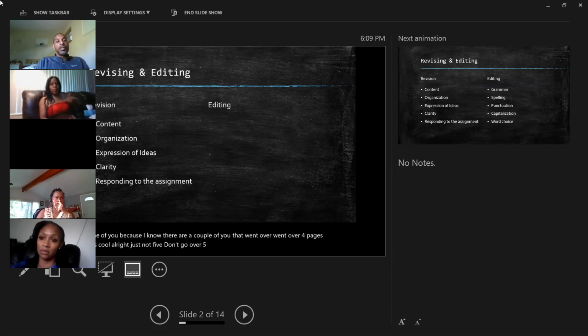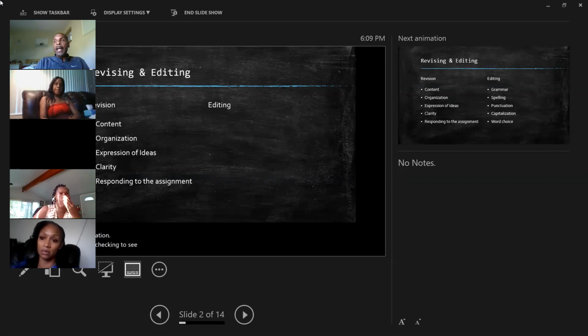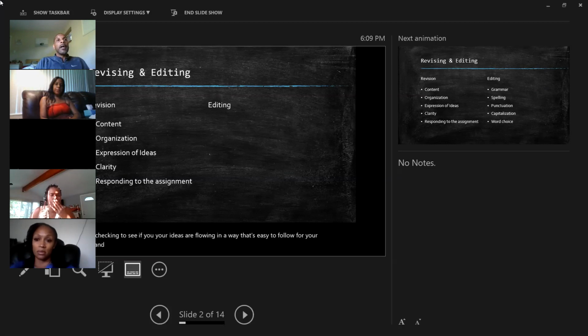And then you're checking for organization. Checking to see if your ideas are flowing in a way that's easy to follow for your reader. And just like I said on Tuesday, one of the best ways to accomplish that, especially when you're writing a narrative, is to tell your story chronologically, right? What happened first?